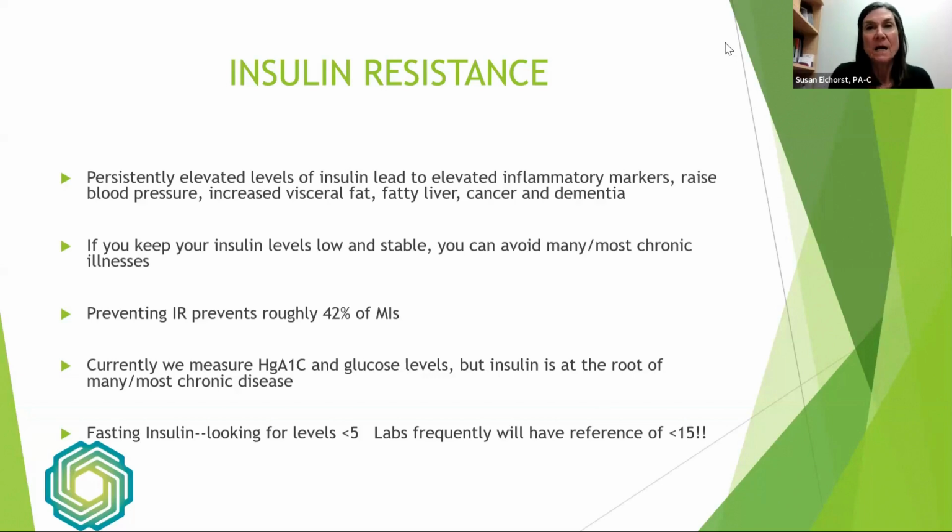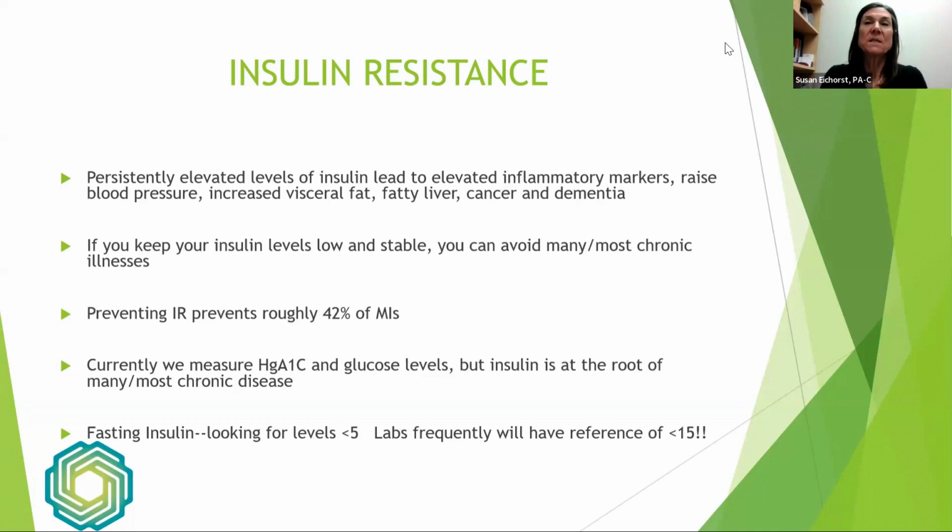Normal labs are not optimized. When you look at a lab value on a Quest lab, I think I have this right, I think Quest's labs say that your fasting insulin is normal if it's less than 9. I've seen other laboratories, maybe Access, that says 15. Can't remember if it was LabCorp, somebody had an insulin less than 25 is okay.